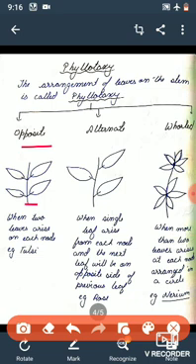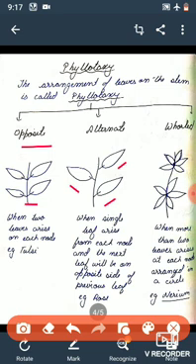The second one is alternate phalotaxy. In alternate phalotaxy, single leaf will arise from the node. Okay, see here one leaf, here is second leaf, here is the third leaf, and the next leaf will be in opposite direction of the first one. Just see in this case, if first leaf is right hand side, the second is the left side, then again the third leaf is in the right side. So single leaves are arising from the node and these leaves are opposite in direction to each other. Okay, that type of arrangement is alternate phalotaxy.